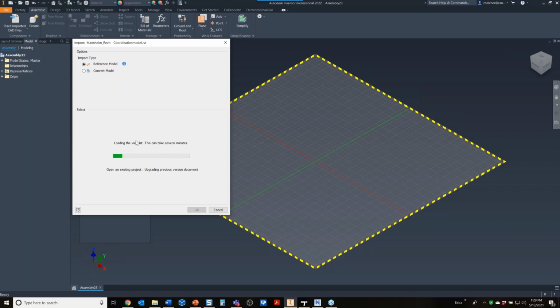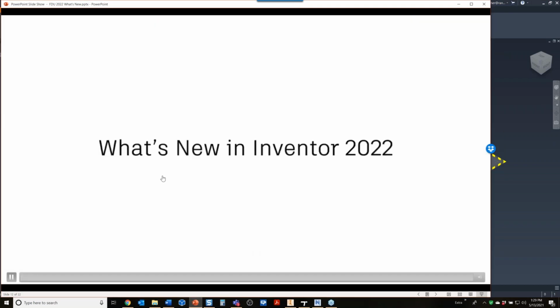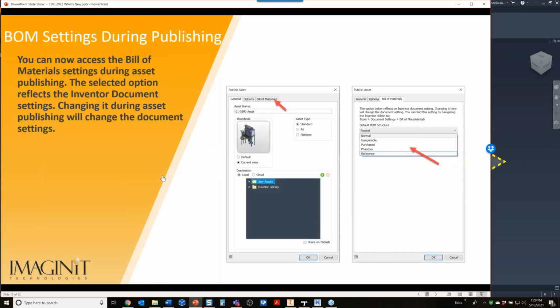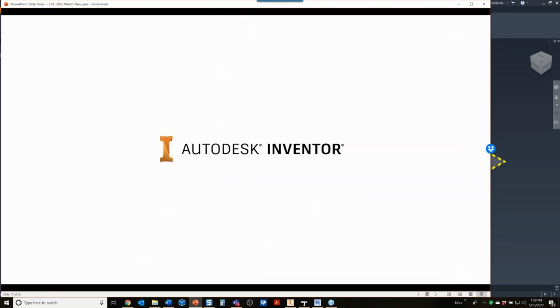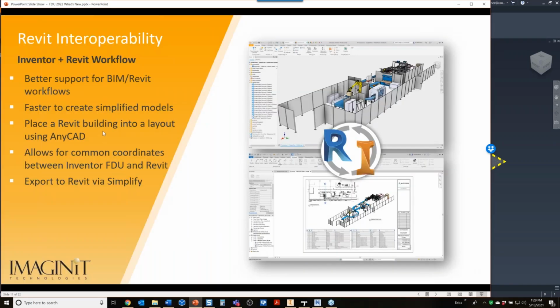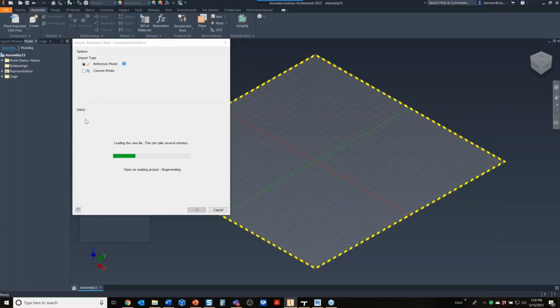I will tell you that in my experience, this is something that I had to fix to get this to work. I actually had to go in and patch this in order to make this work correctly. So you do want to keep that in mind, that if this doesn't work exactly as you expect it to out of the box, there are some options that you can go in and basically reinstall this Revit interoperability to your side. Now what this is doing is it's looking at the Revit file, and Revit has a lot of different views to import and export. So it will take a little bit of time to do this, but once it's done, if I click OK,